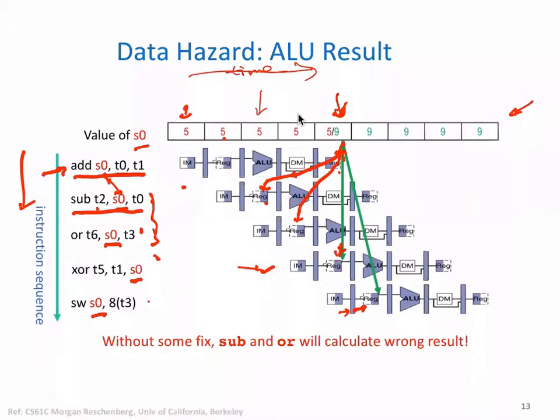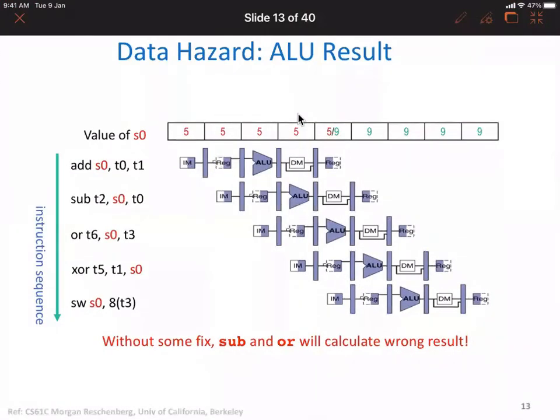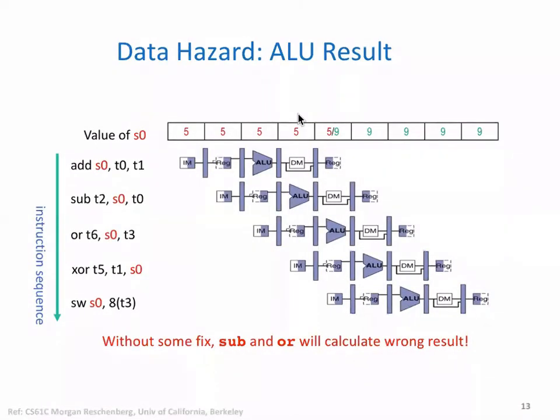Okay, however these two shown with the red are wrong. Okay, you got it? Shall I show the simulation again? Okay, let me show you the simulation again. So this is what it is. So we are using the value of S0 here that's being generated at this point, and also we are using it here. So these two